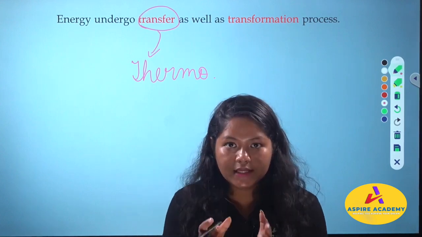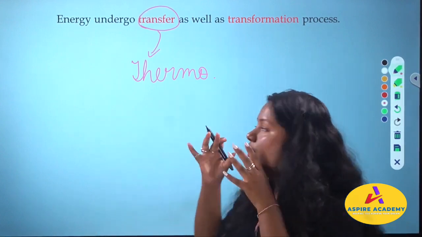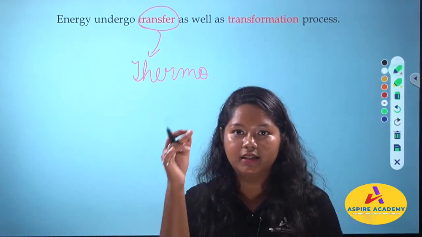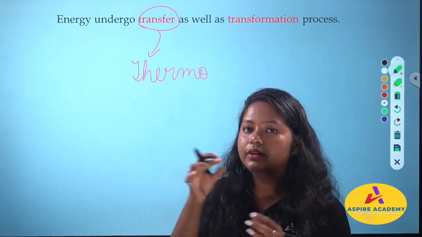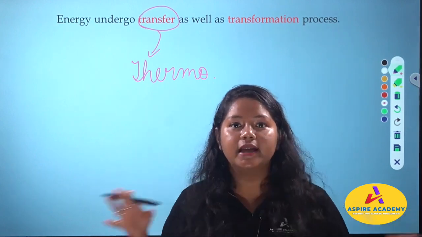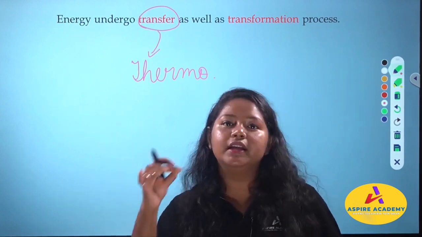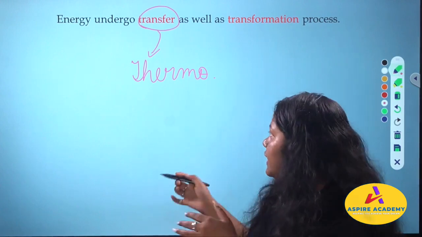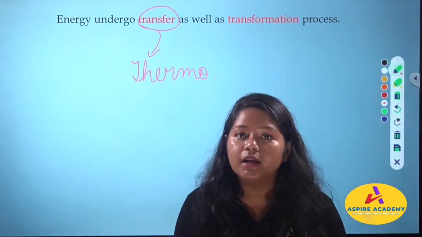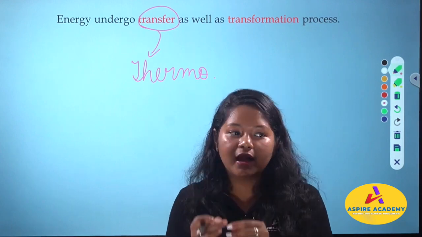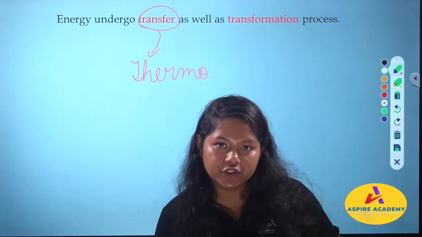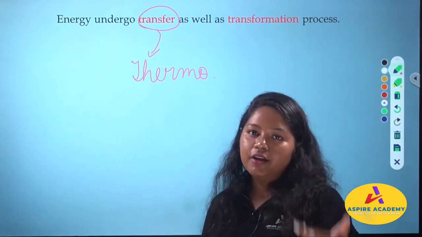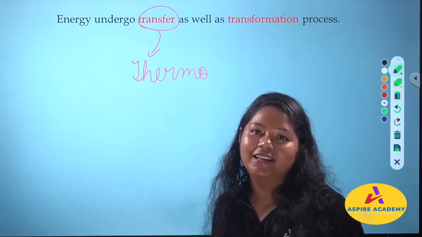Now why am I doing this? I am doing this because everything, whatever you are learning here, class 9, 10th, 11th and 12th, it's a complete circle. Okay, if you are finishing 11, that doesn't mean it is the end. That is a continuation that you are learning in class 12. So everything goes round and round. Now I am telling you again and again that this is from this chapter or that chapter, because to keep in your mind that you have to always do some revision on the previous chapters that you have learned in your previous classes. Important if you want to grow in your life, if you want a great career.